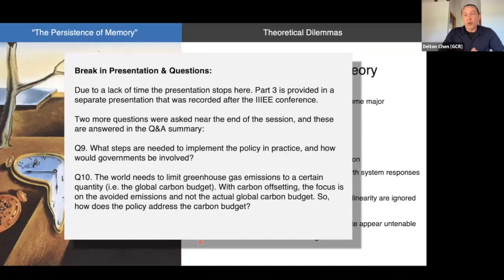The global carbon reward policy doesn't actually allow any offsetting with its instrument. The instrument is fully funded, therefore there is no offsetting. And this is how we help reduce the risks of mitigating climate change, by providing an alternative to offsetting. So the carbon reward market will exist along with other markets, including carbon markets and offsetting. They simply become choices for market participants. The other point is that